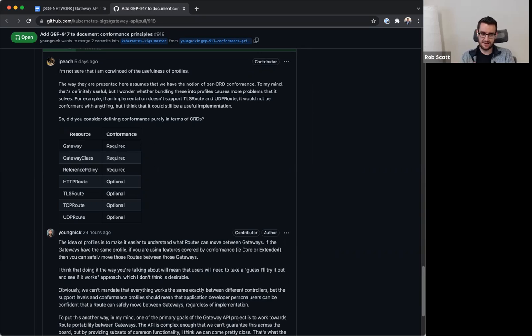So it seems like it's almost that lower level. Whereas what conformance profiles seem most useful for, and this may be me missing the boat, is that when I think of a conformance profile, it's a very useful way to describe to users of gateway API that if you're looking for an L7 proxy, here are your implementations. If you're looking for an L4, here are your implementations.